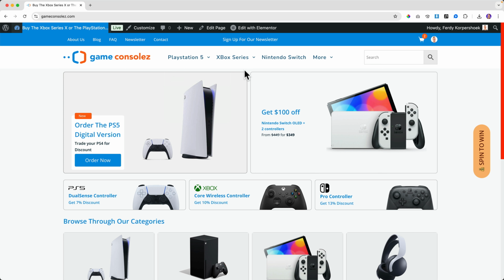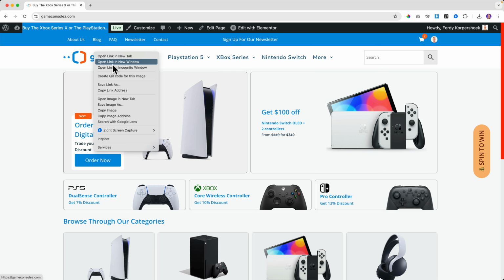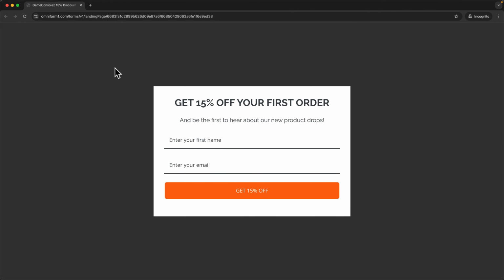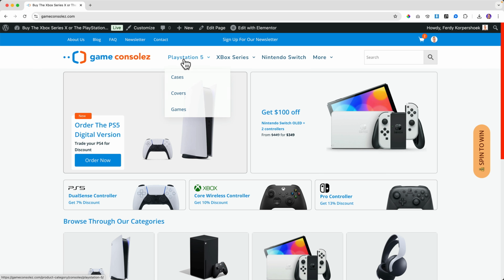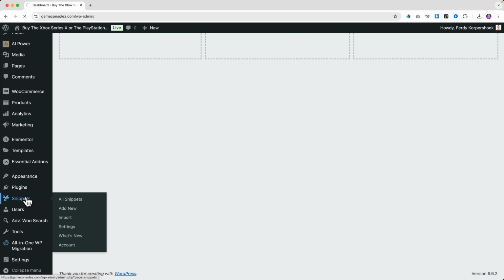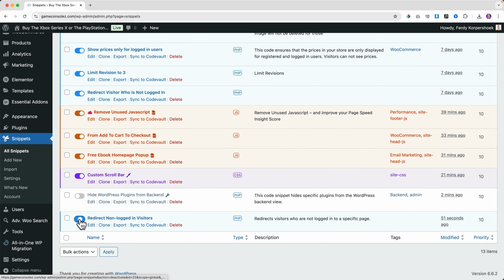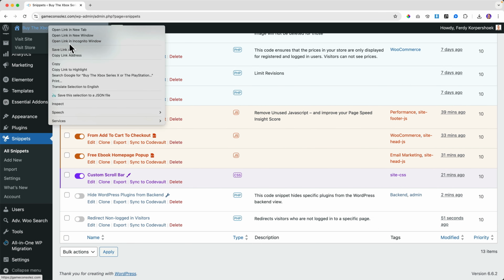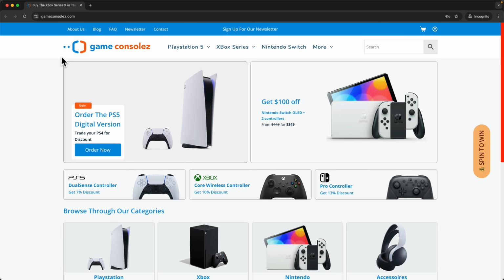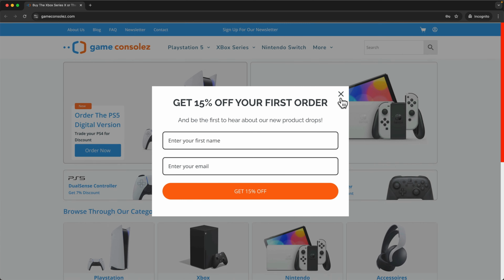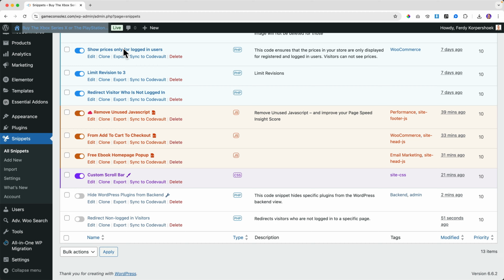So people can go to, let me do it again, to this page. There I can have a message like leave your name and email address. You get something for free and you'll be the first to know when the website is live. Just a simple AI prompt created that for me. If I go back to the snippets and I turn it off and I go to the website again. So that is how it works.